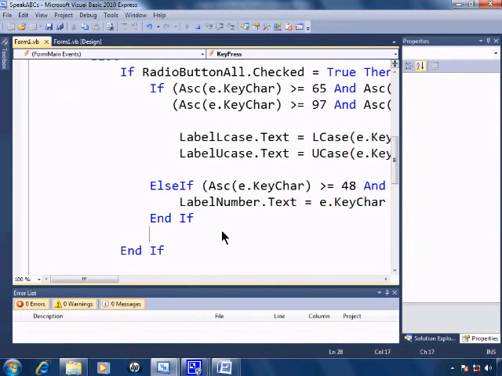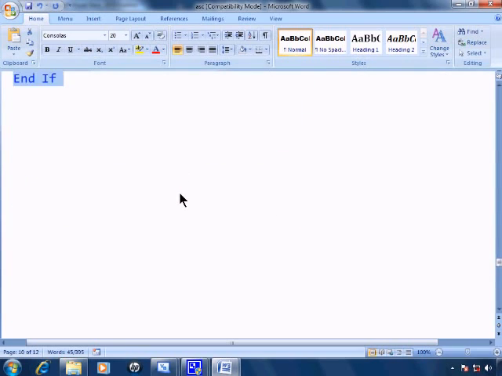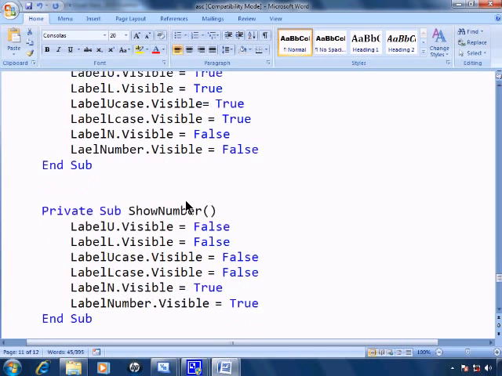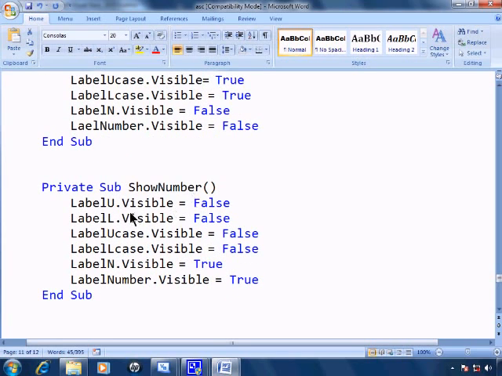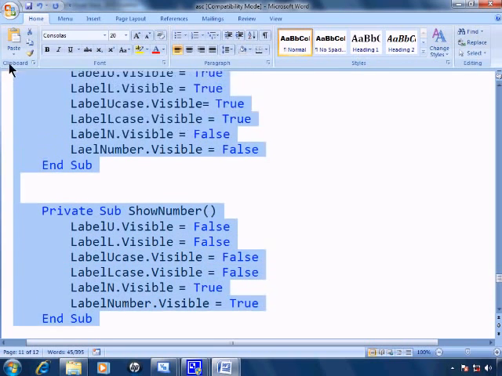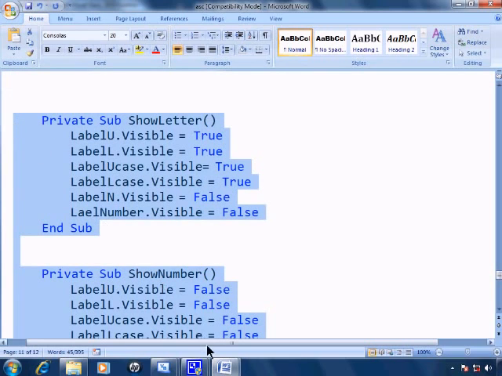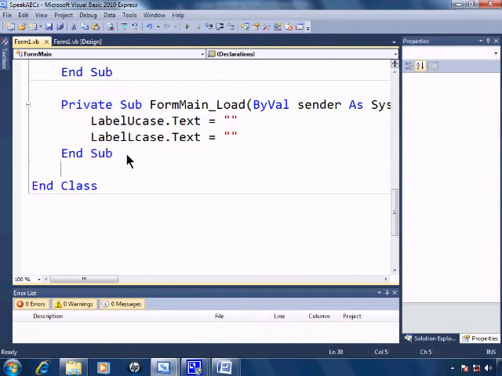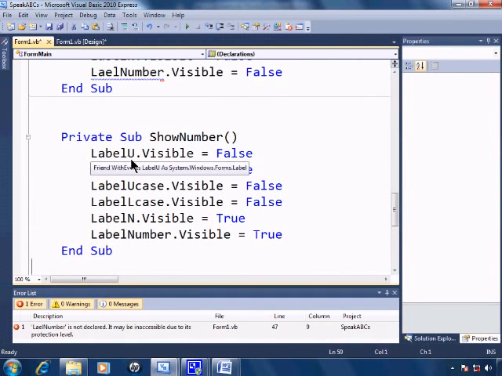So I'll close the form down. And here is the code that we're going to use to fix the visibility problem. We have two private subs, one for showing the letter, and as you can see, the labels dealing with letters are set to visible is true. The labels set for numbers is set for visible is false. Show numbers is quite the opposite. Visible is false for the letters, and visible is true for the numbers. So let's go ahead and copy this, save some time on typing, and I'll insert the new subs